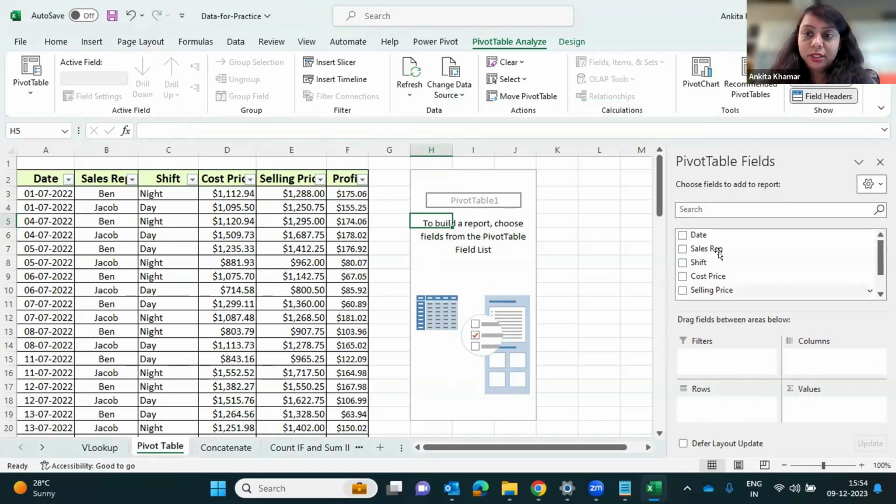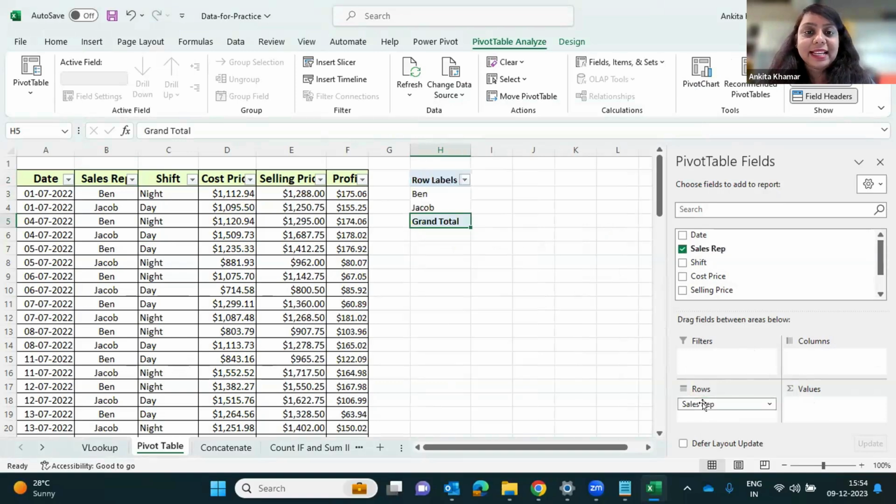Suppose you just need to put details here. I want details in a row, sales representative wise. So I just need to drag and drop it here. And in column, I want